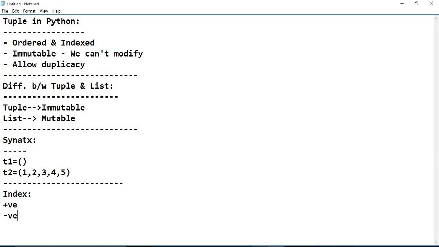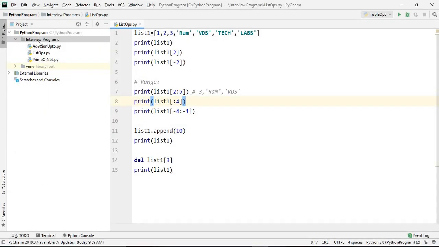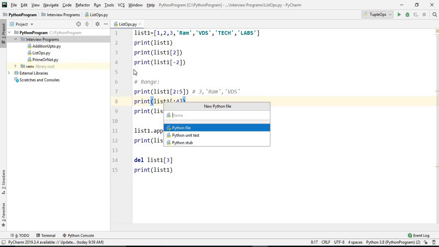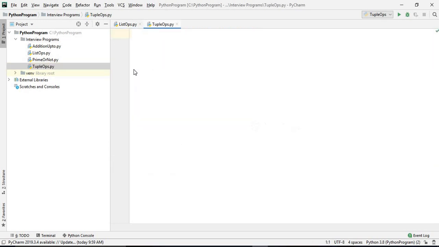So let's open PyCharm and make one Python file, that is tuple operation. Let's take one example.